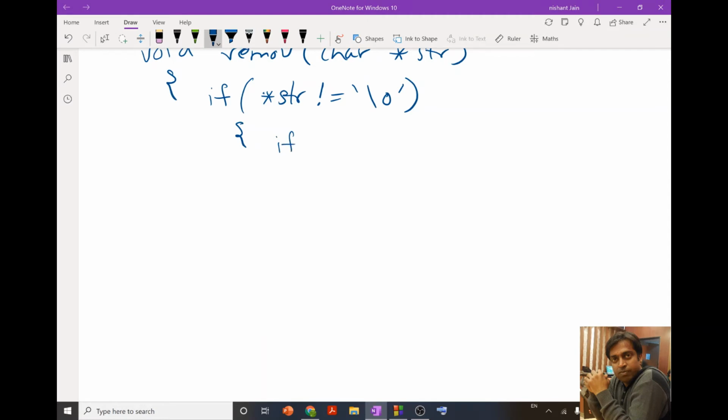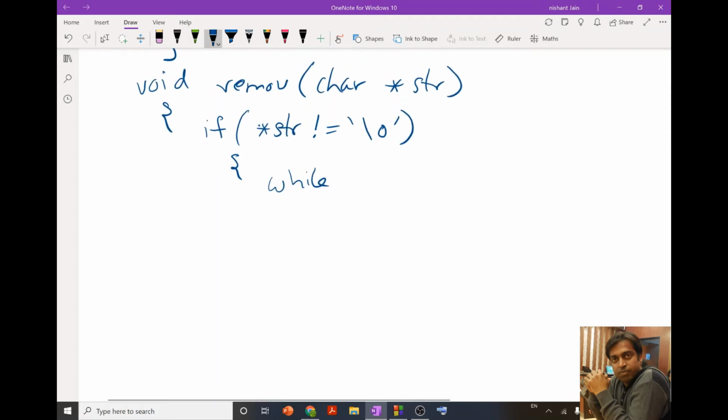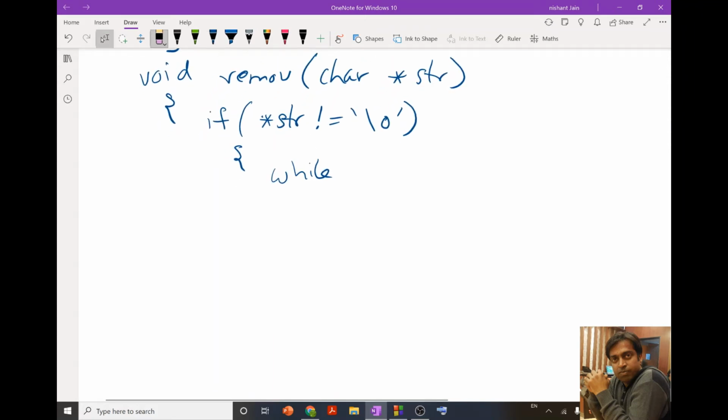After this we are going to make a loop: while star str is equal to 32. 32 is the ASCII code of the blank space.